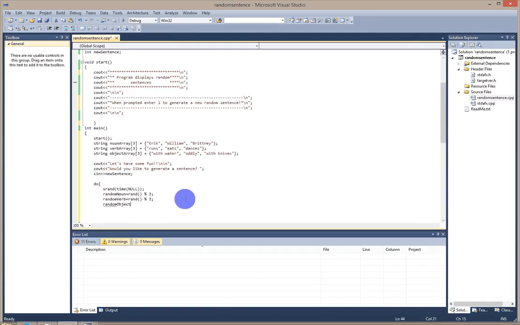Object, right? Yes. Equals random. Three. So now what these functions, or these variables here, are going to do is pull a random value. And I need to go down here, actually. They're going to pull a random value between 0 and 3. And